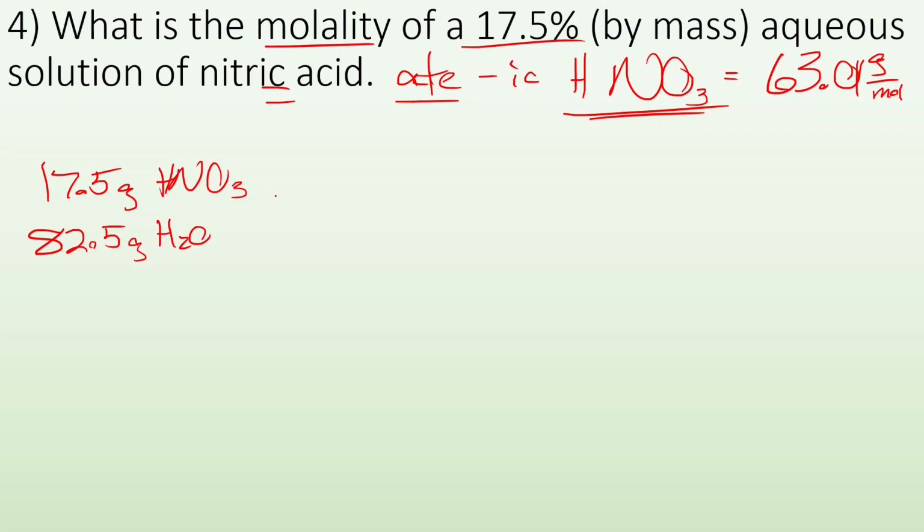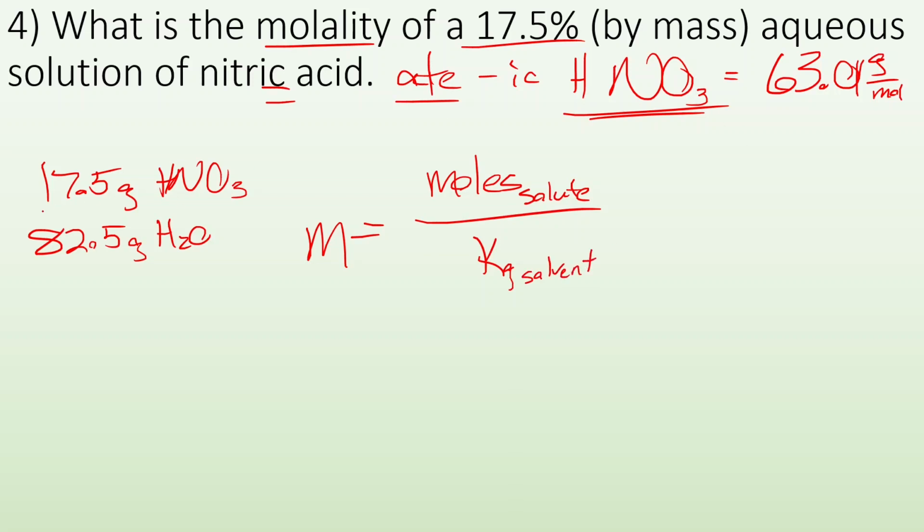I'm trying to get molality. That's moles of my solute divided by kilograms of my solvent. So I got to convert 17.5 grams of HNO3 to moles. So I go 17.5 grams times 1 mole over 63.01 grams. When I do that, I get a number, 0.278